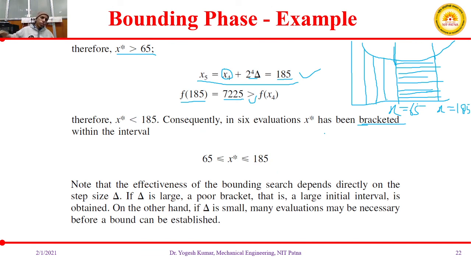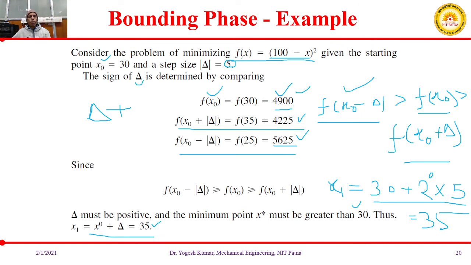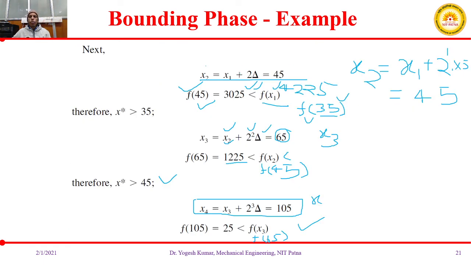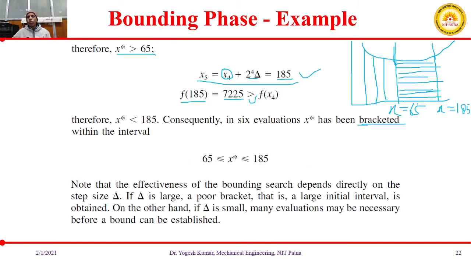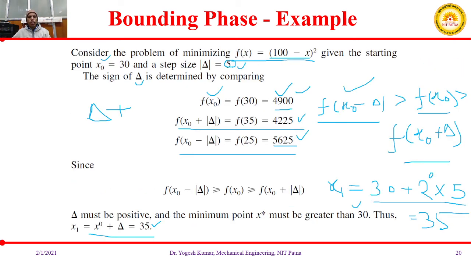Let us try to understand some more concepts in this. Okay, so in this problem the step size given was 5. So we could find out a region corresponding to your optimum value. Suppose we take this step size as 10 instead of 5. What will happen? We will be able to find out the bracketing, that is the bounding phase, within maybe the next 1 or 2 steps.